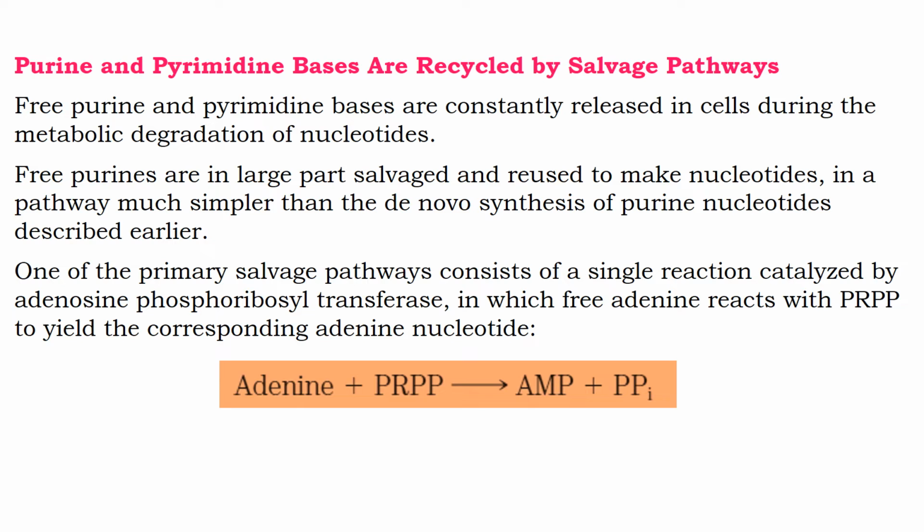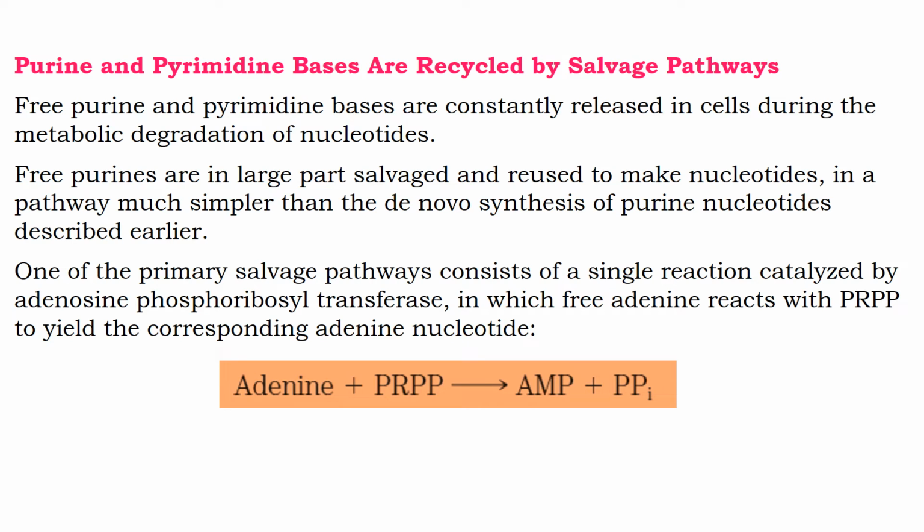These free purines are, in large part, salvaged. There is a salvage pathway which uses the intermediates of the catabolism process. They are salvaged and reused to make nucleotides in a pathway which is simpler than de novo synthesis, because de novo synthesis takes about 11 steps, taking the skeleton from each and every